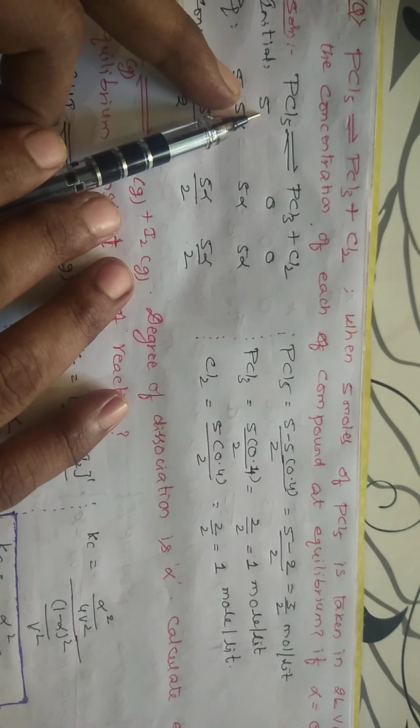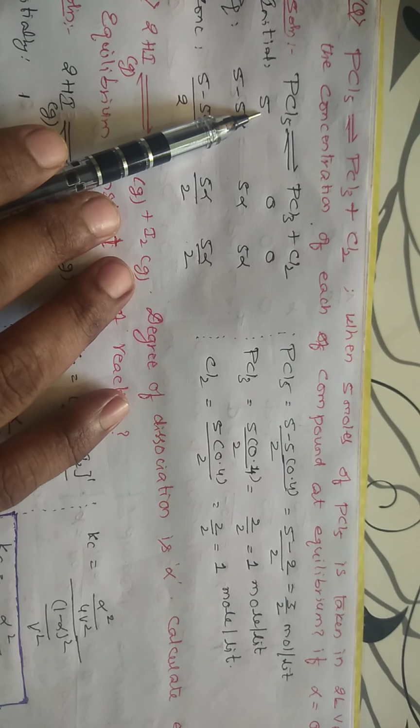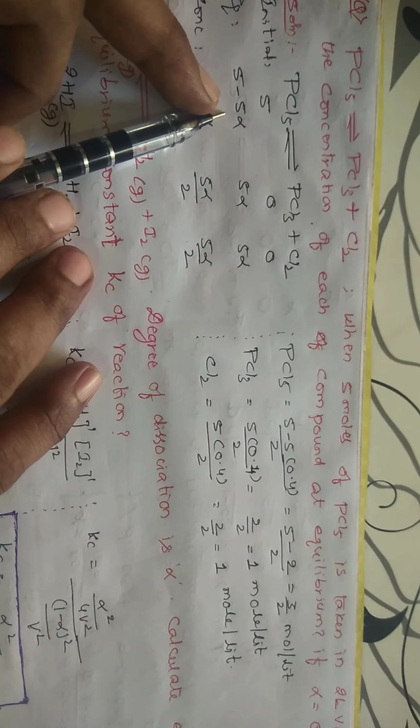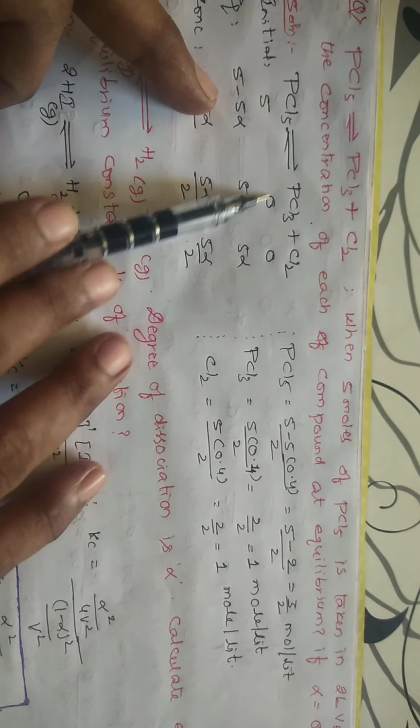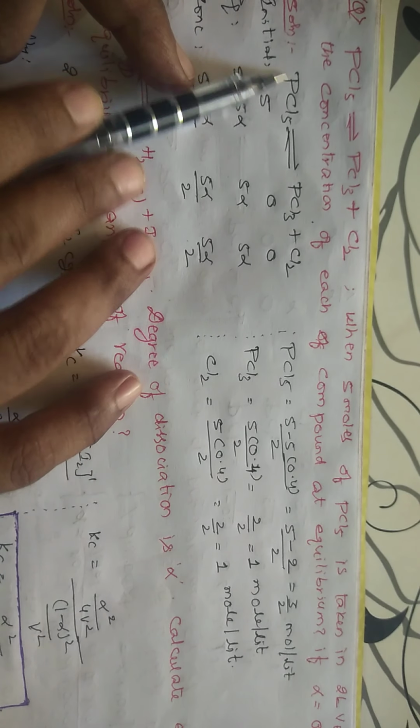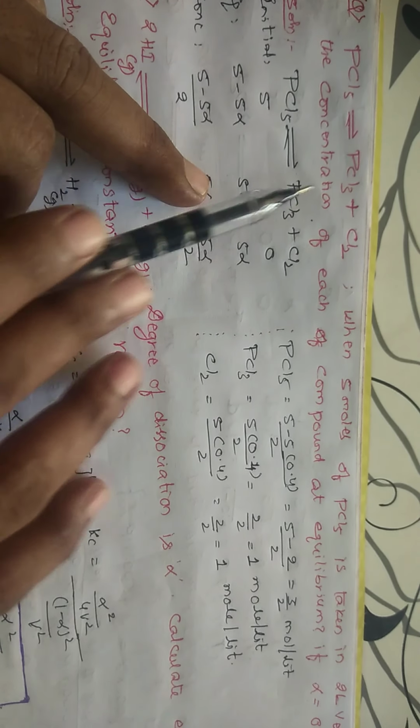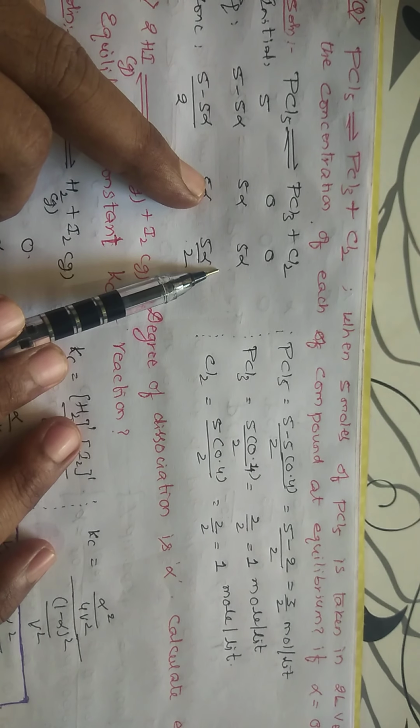Okay, from 1 mole how much should go? Let us take that from 1 mole, alpha is going. You are taking 5 moles, right? So it is going 5 alpha. If PCl5 is going 5 alpha, how much PCl3 should be formed? Because it is 1 means it is 1. If it is 5 means 5 moles should be formed. So it is 5 alpha. Chlorine 5 alpha. So you will be getting 5 alpha.